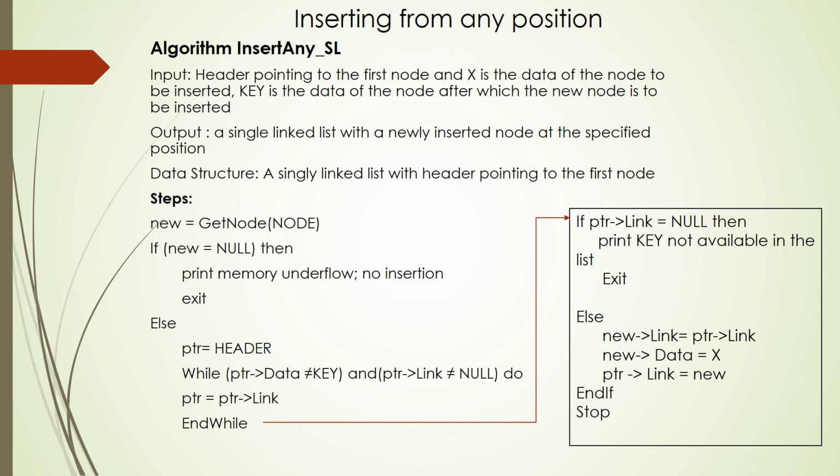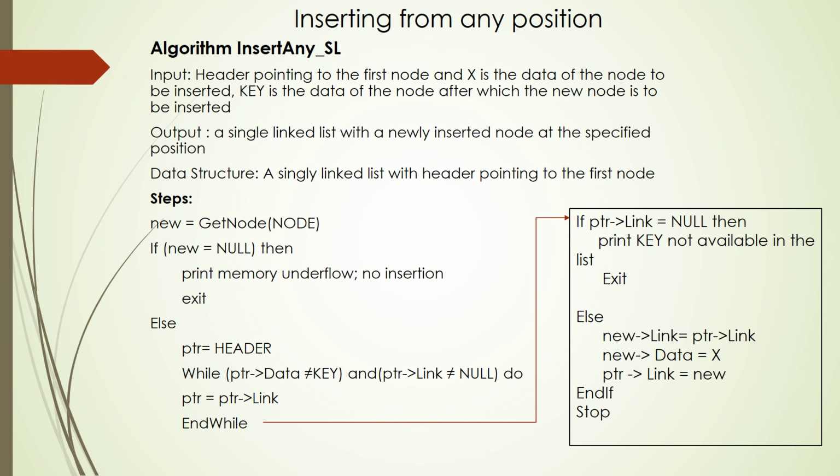If you have come out of the while loop because PTR data was equal to the value which we were searching for, in that case, what do you have to do? You have to create room for your newly created node, right? Currently, the third node is pointing to the fourth node of the original list. You have to copy the address of the fourth node from the third node. The address of the third node is right now with PTR. PTR is pointing to the third node. PTR link will be pointing to the fourth node of the original list.